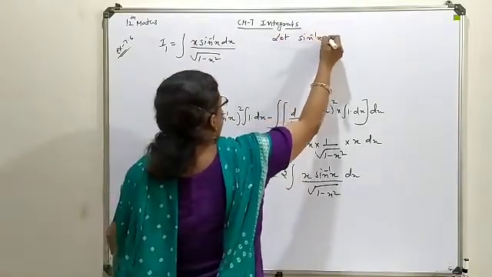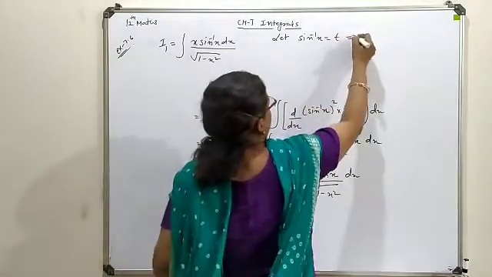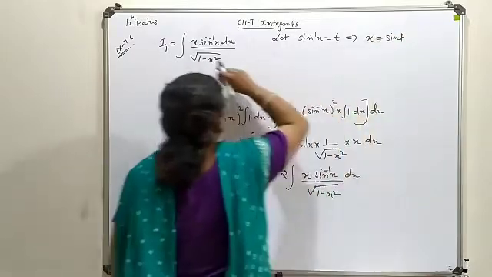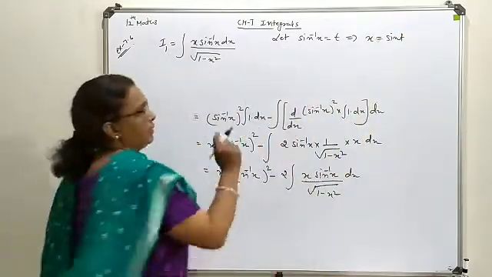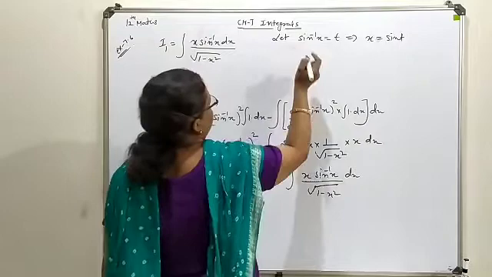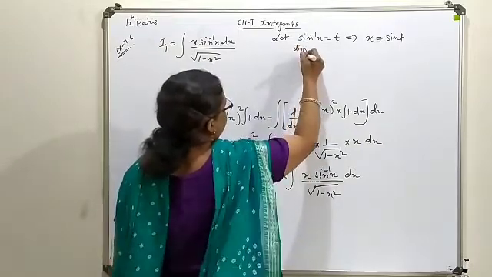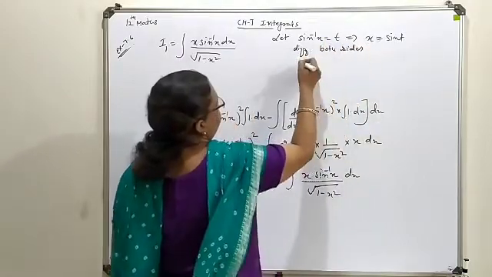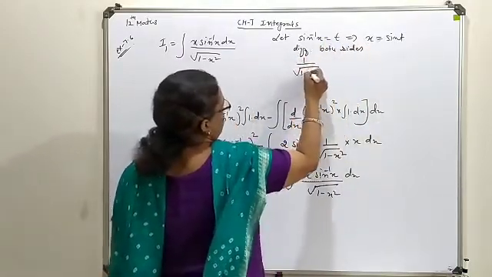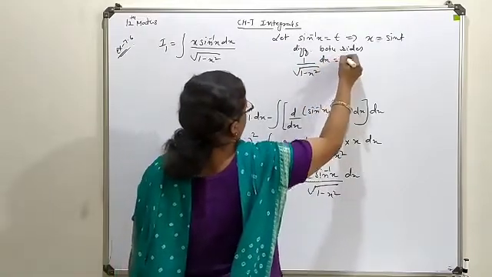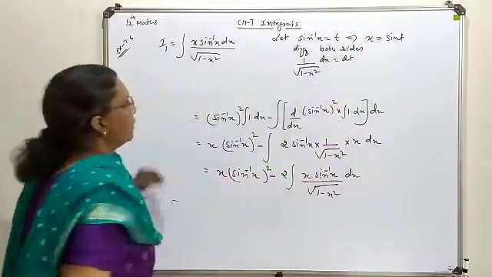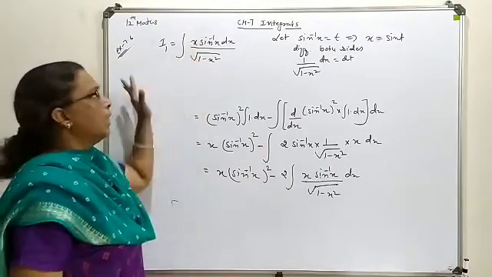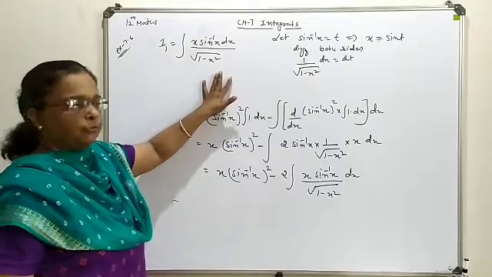Now let sin⁻¹x be t. So from here you can write x is sin t. So this x you will replace by that sin t. Second thing, differentiate both sides. What will you have? 1 upon under root 1 minus x² dx, and this is your dt. So you can see this is your t, this is your dt, and this x you will write as sin t. So the whole term will convert into the form of t.